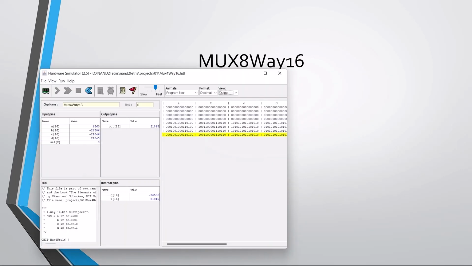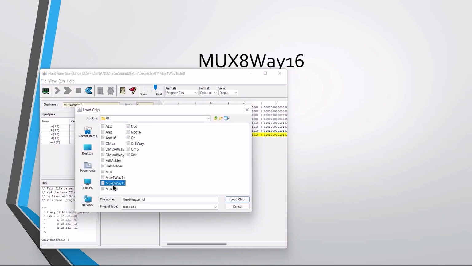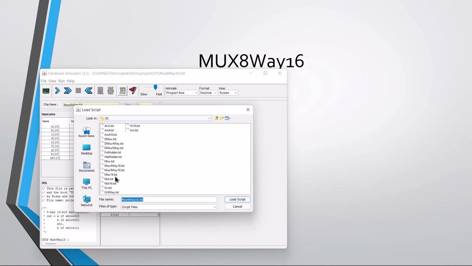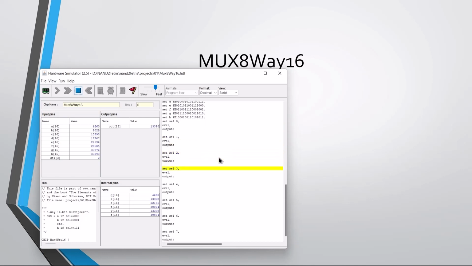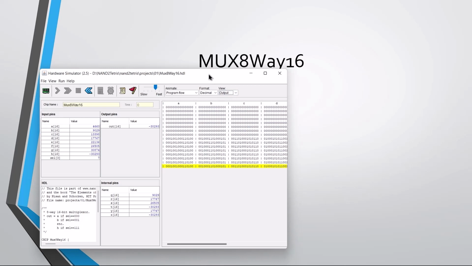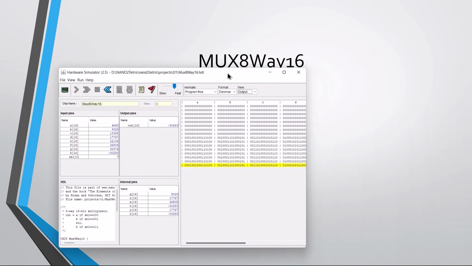This is the truth table. This is the output. Next, moving on to Project 2,